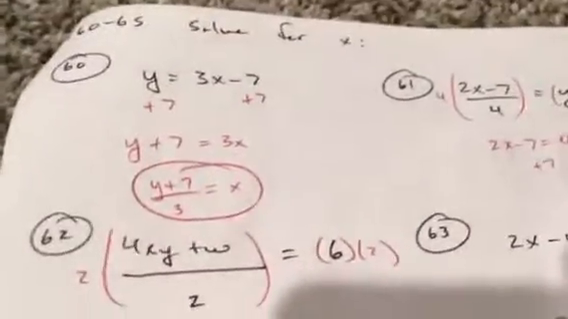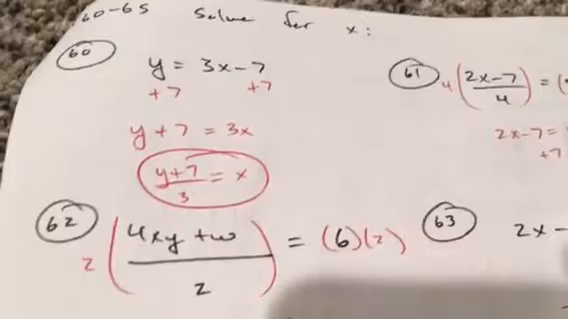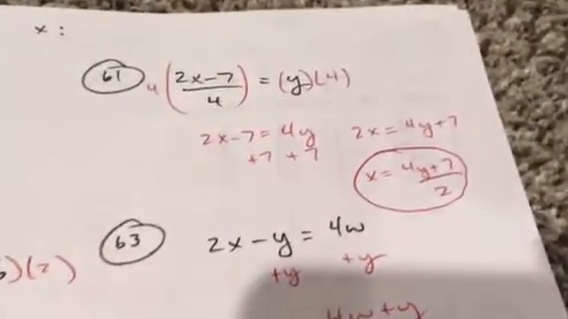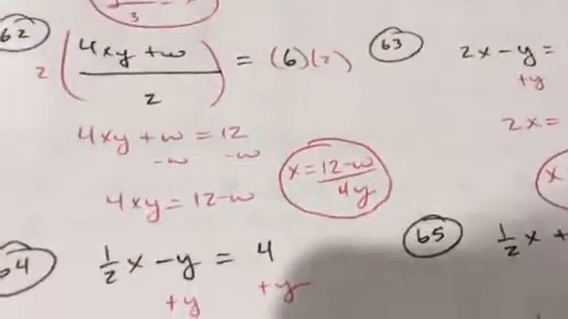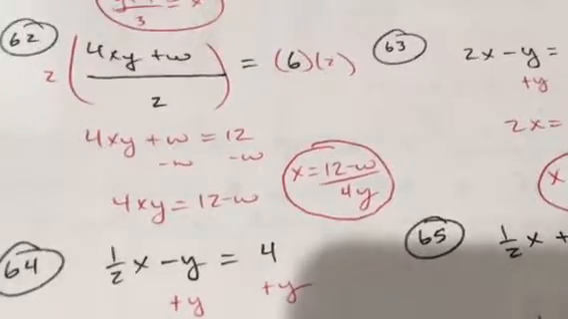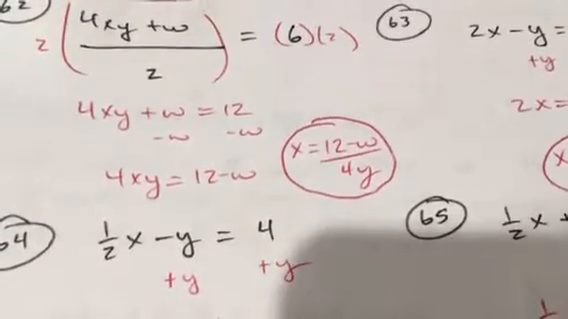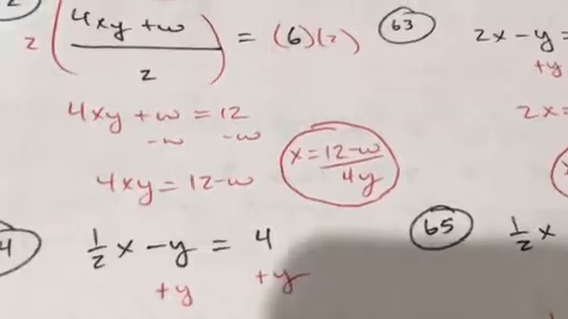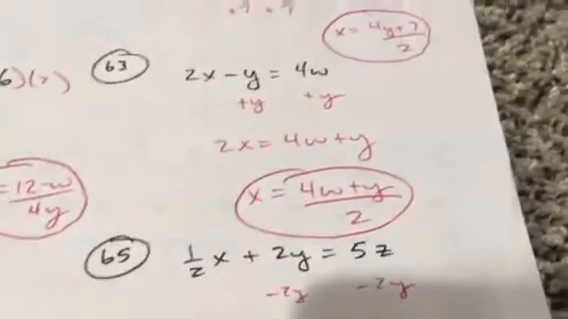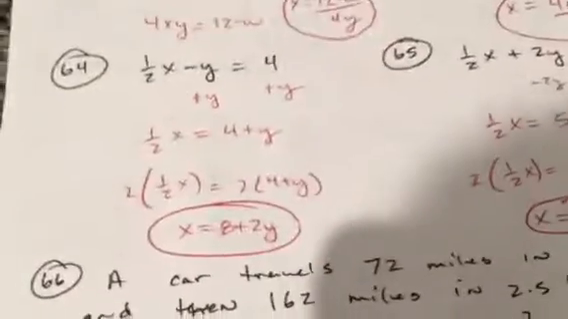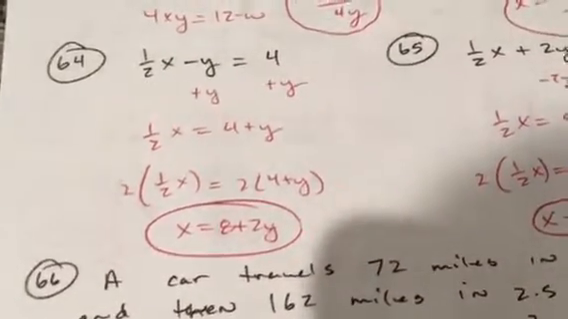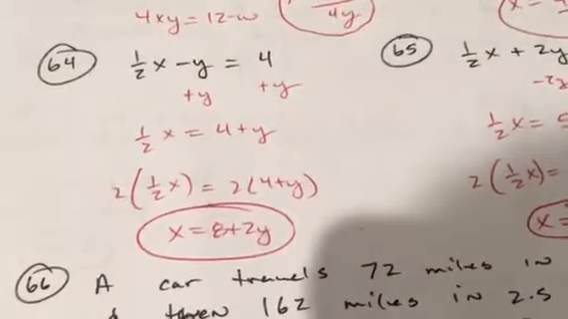All right, in the final 10 questions here, solve for x, add 7. Then you have 3x is equal to y plus 7. Divide both sides by 3. Here, multiply both sides by 4. You get 4y on the right. Then add 7, and then divide that by 2. Here, double both sides, subtract w. You want x all by itself, so divide by what's attached to x, 4y, divide by 4y. Add y to both sides here, then divide by 2. And here, add y, 1/2 of x is that, do the opposite of 1/2, the inverse operation, I